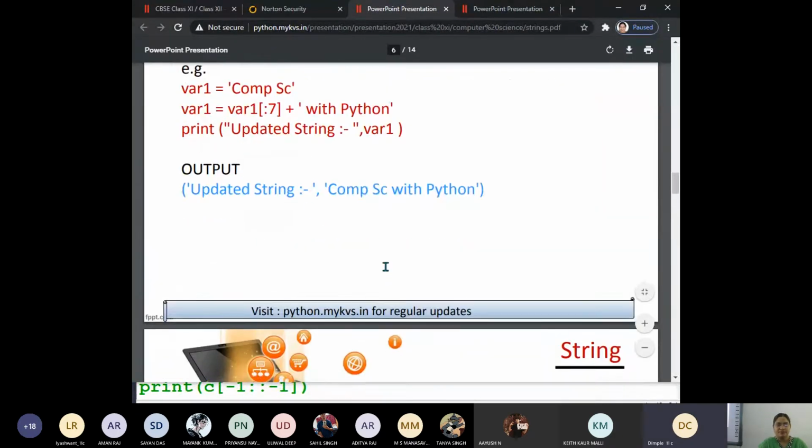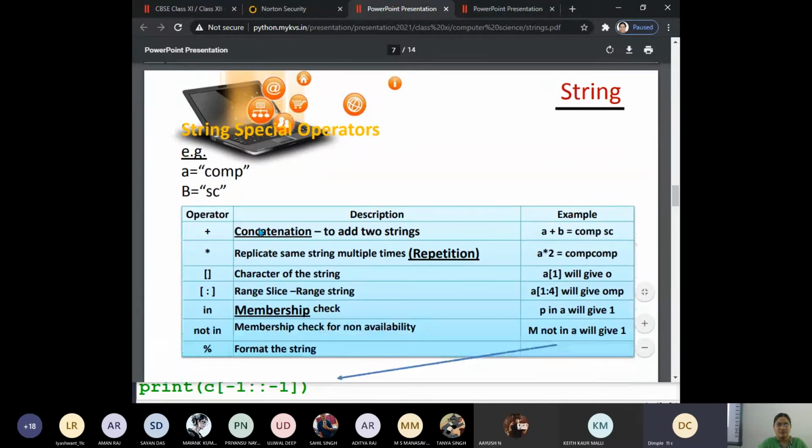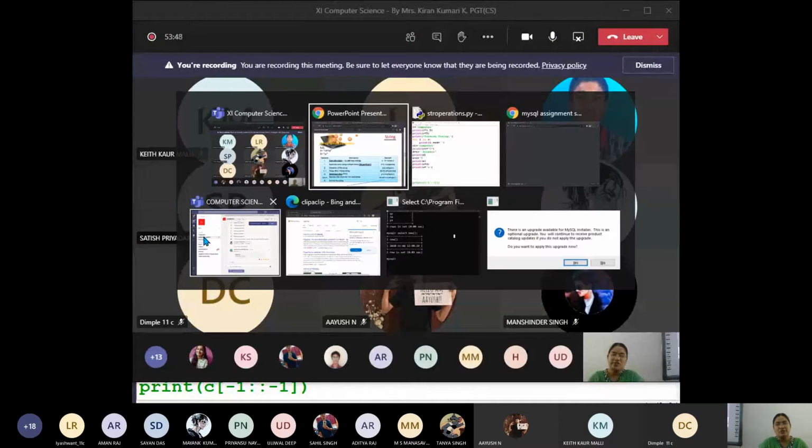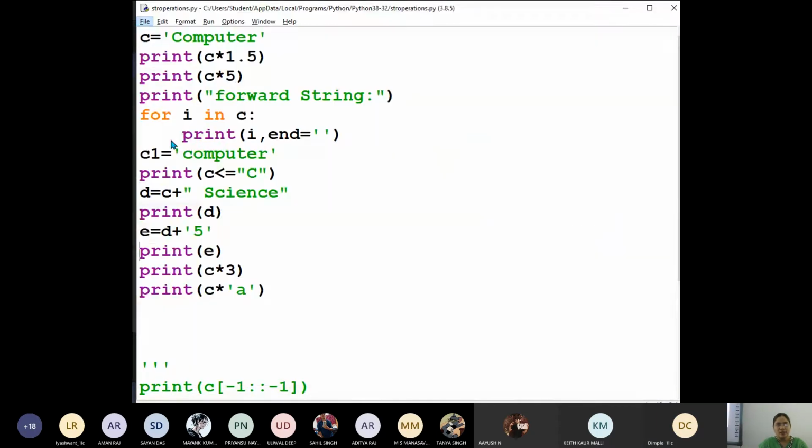Yes, ma'am. Ma'am, can you explain the E is equal to D plus 5? I'm not getting it. When you are doing string operations with integers, it should be an integer. 1.5 is not an integer, it is a floating point value. With integers, what do we get?